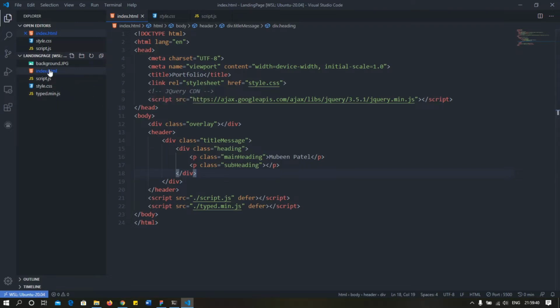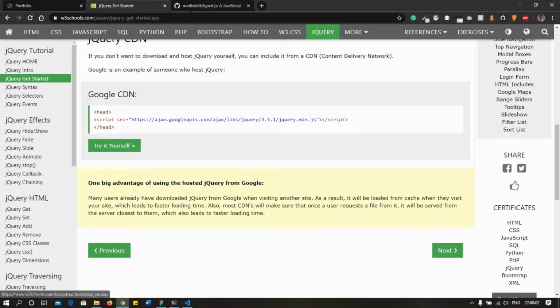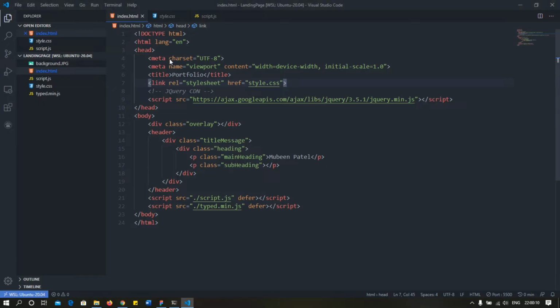We are starting with our basic markup, that is our index HTML file, the JavaScript file, and our CSS file in which our stylings will be there. So let me explain the basic markup here. We have our title, then we have linked our CSS file here, and we have included jQuery. I will mention the links. You can get the link from this W3 School website. I will mention this link in the description below, so you can copy this script tag and paste it in your head tag.